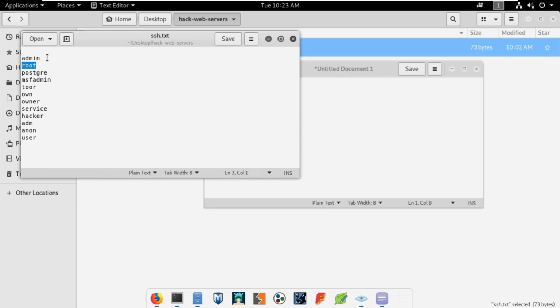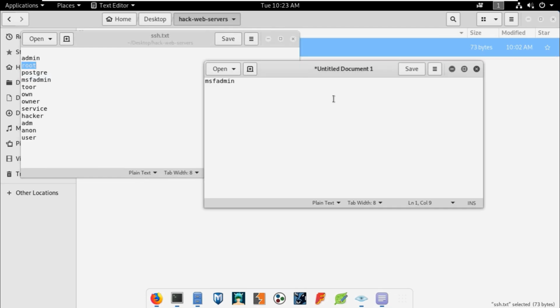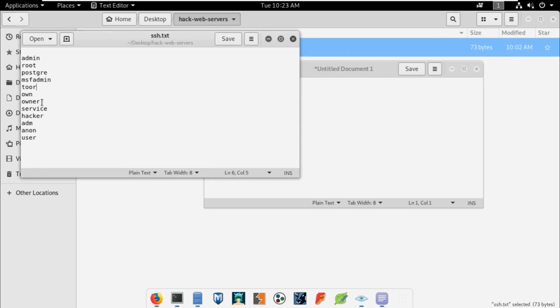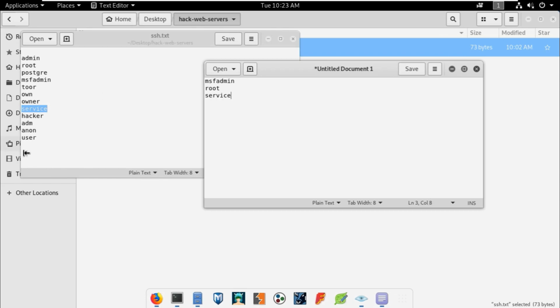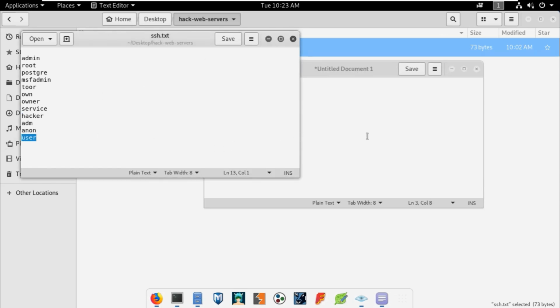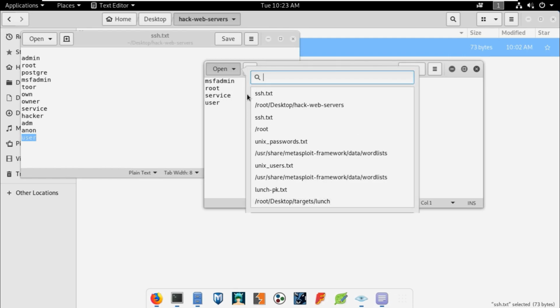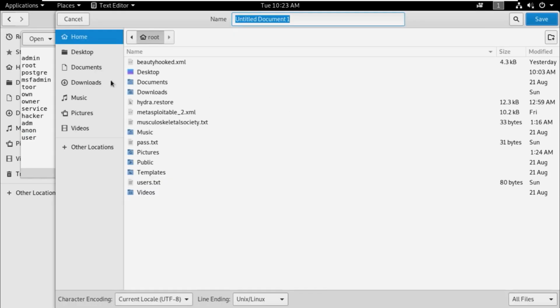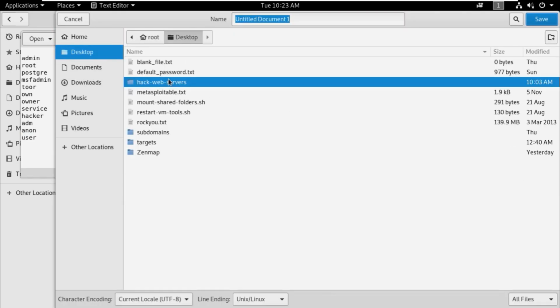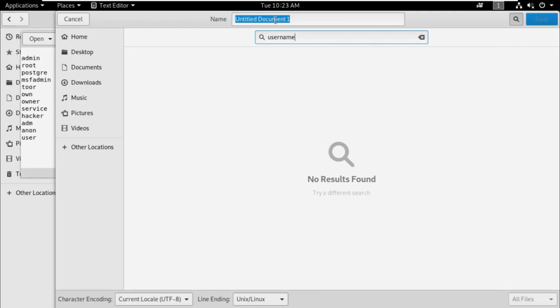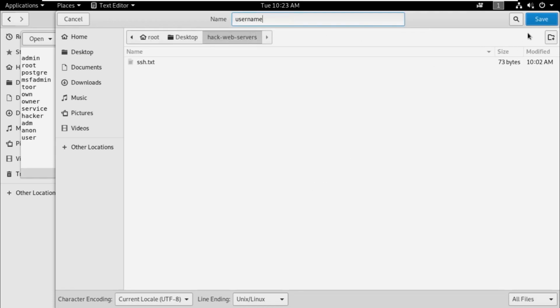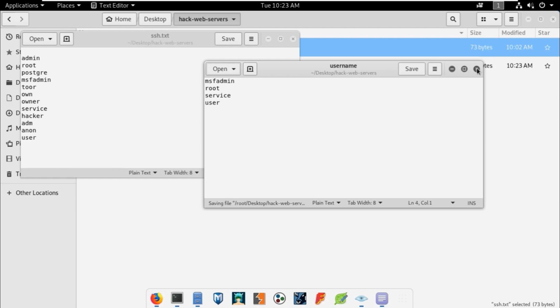Just copy root, msfadmin, service, and user. We know that these users are available and exist. So what we are going to do is save this in a file named username. Save.